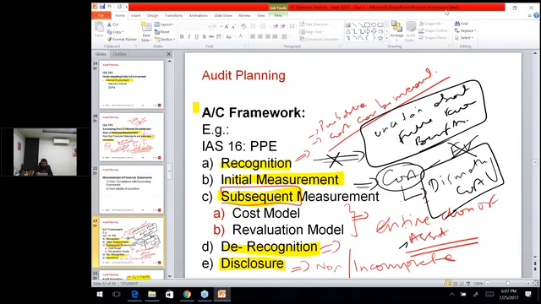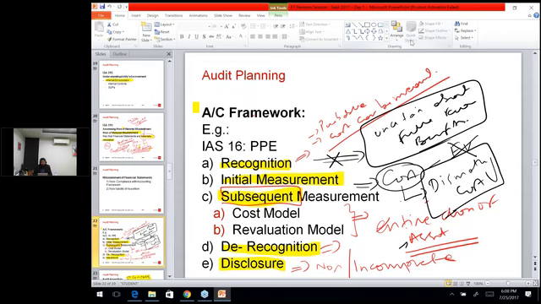I gave an example of IAS 16 Property, Plant and Equipment, in which we talk about the various things, which is about recognition criteria, initial measurement, subsequent measurement. So we talked about the various things, and what I did discuss was